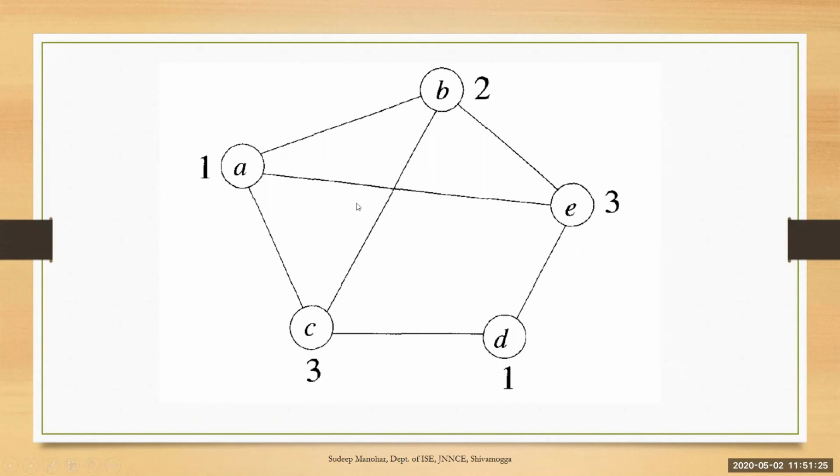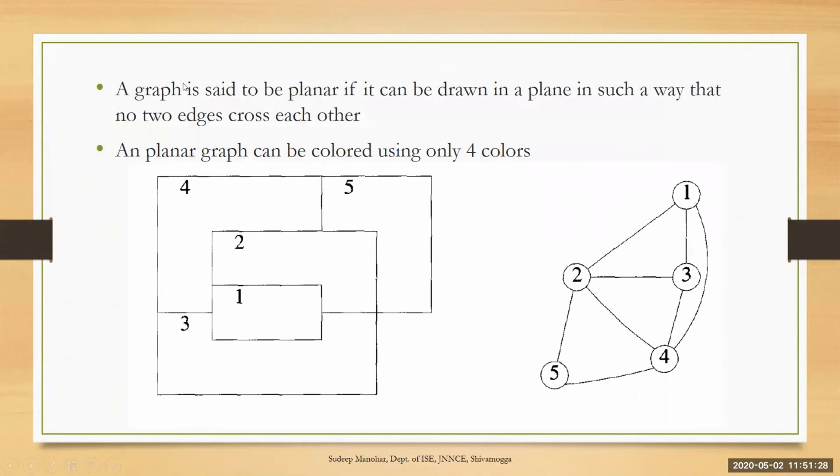So this is one planar graph. First, understand what is meant by a planar graph. A graph is said to be planar if it can be drawn in a plane in such a way that no two edges cross each other. No two edges should cross each other. These are different areas, the squares and some other shapes that are there, and they are adjacent to their neighboring areas, and no area overlaps with the others. You got the point. So it means that no two edges will cross each other.